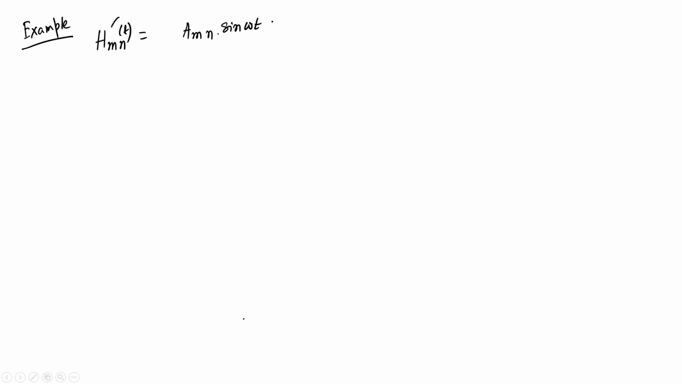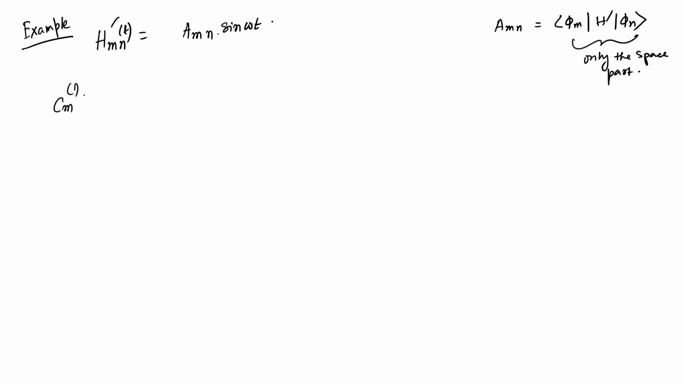and so a mn is some matrix element, which is of course phi m, H prime, phi n, but only the space part. Okay. So, we start with that. We have Cm1(t), the one that we have written down, and we can take this n state to be equal to the original state. So, let us just say that your n state is the ground state. So, n is equal to 0, say. So, you assume that it is the ground state of the system, and then what you have is that it